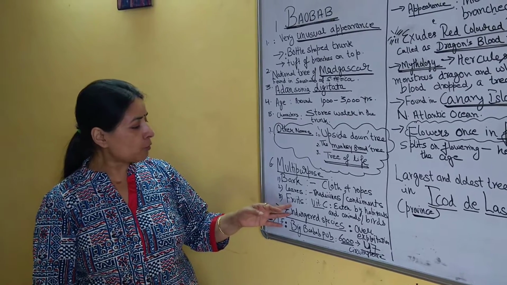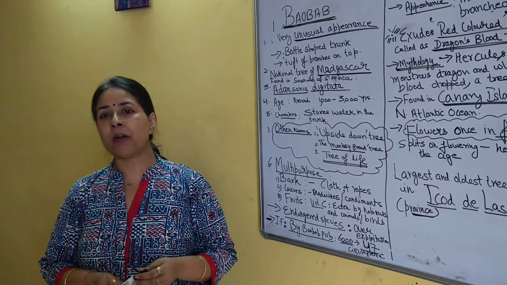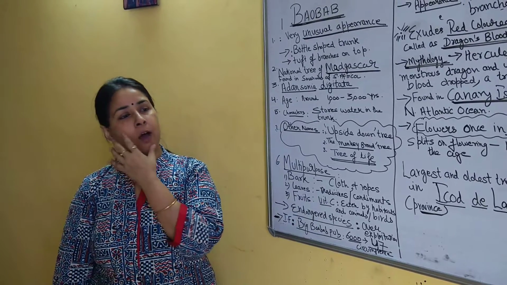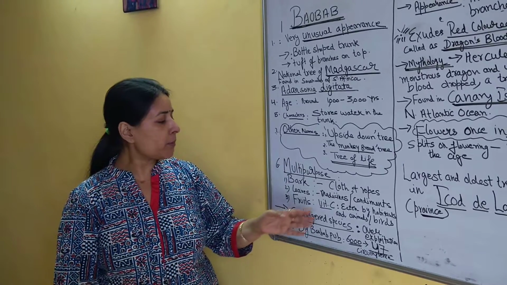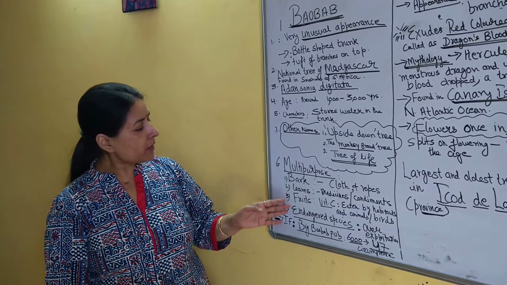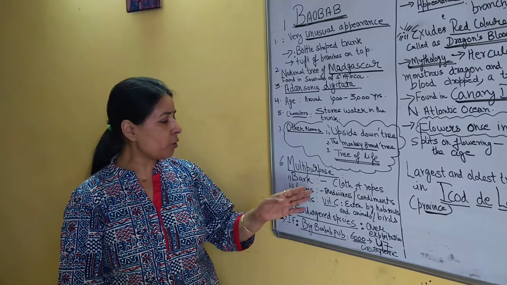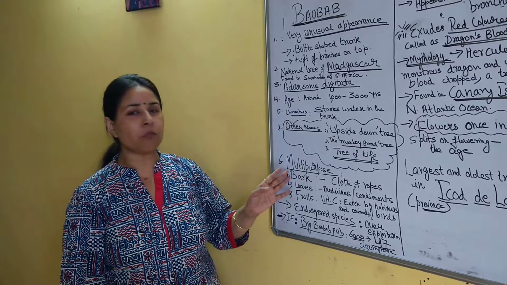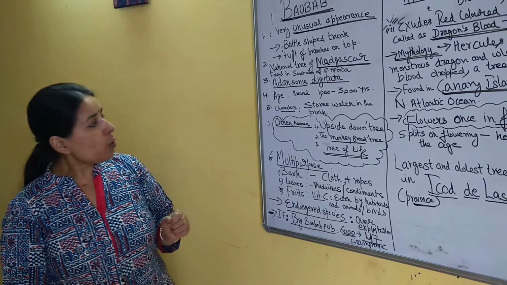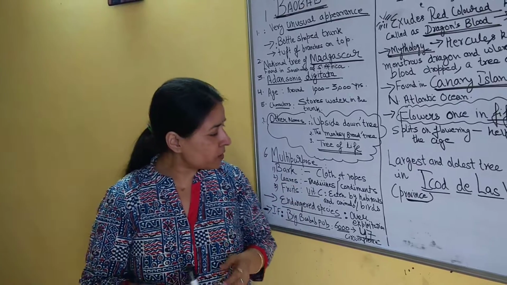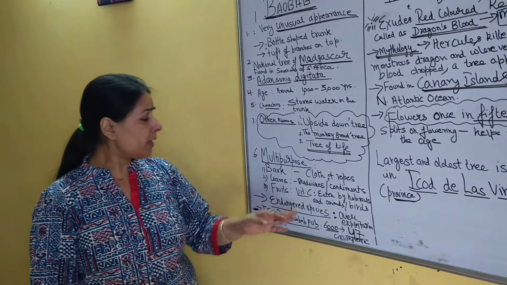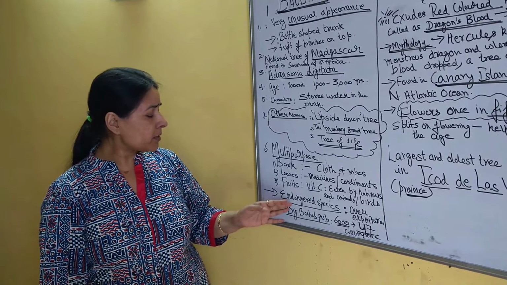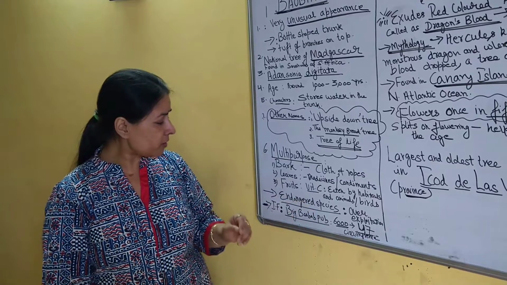Now if we talk about fruits, fruits are rich in vitamin C, and the inhabitants and the animals and birds which are found on those trees depend on the fruits. So every part we can see, the bark is used, the leaves are used, the fruits are used. That is why it comes into the category of a multi-purpose tree. Now, because of the over exploitation of this tree, it has come into the endangered species.